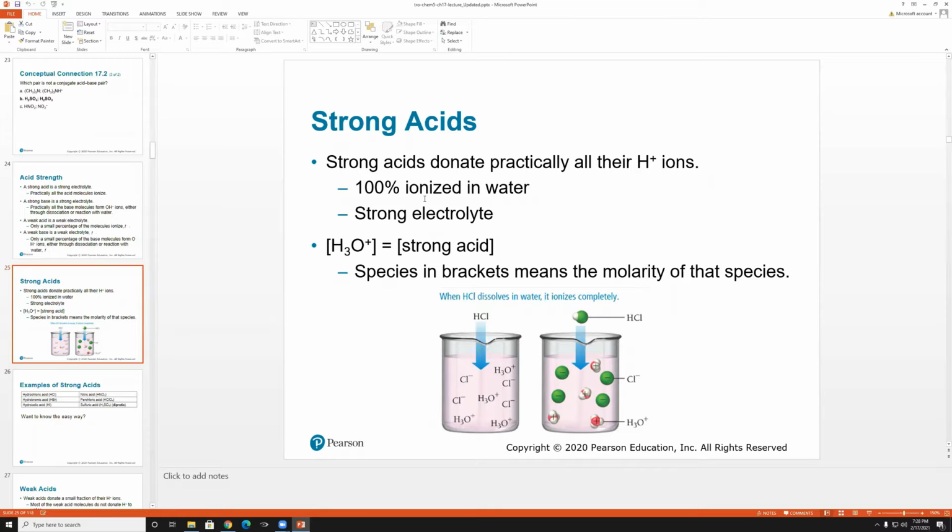And usually, which we're going to learn about, how the strength of the acid bond, of the H bond to the rest of the molecule